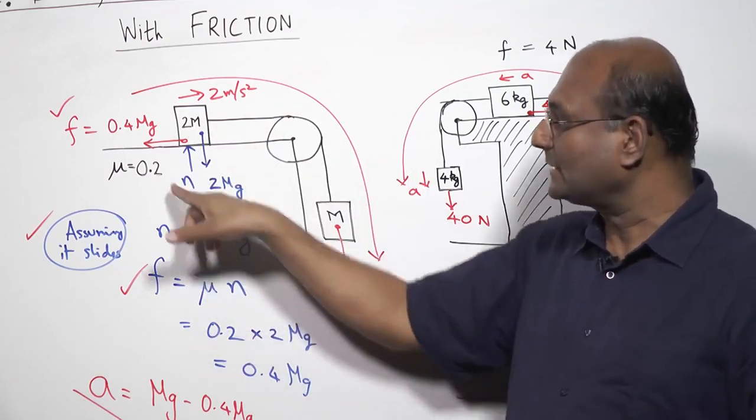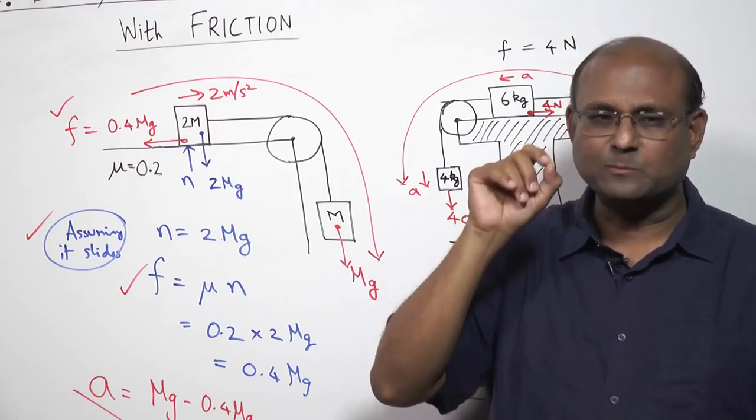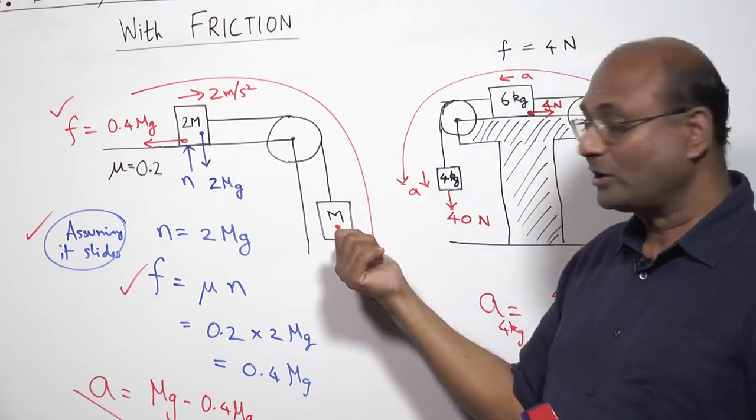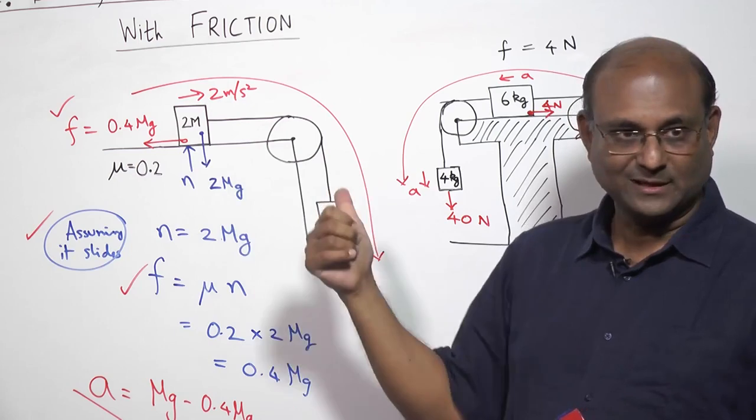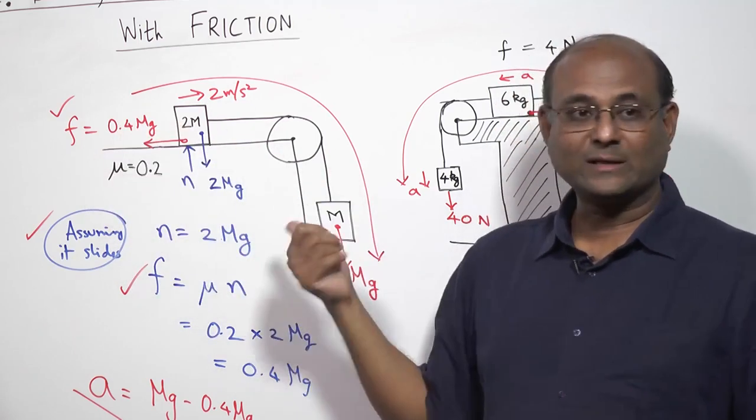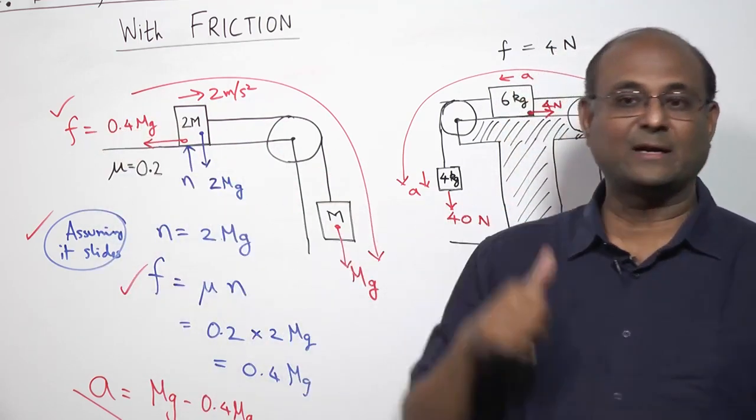But this is not just a frictionless surface, it has friction, but it has a reasonably small friction, 0.2. And this is not too small, it's only half the mass. So with friction 0.2, you can see that this is 0.4 mg, you can definitely move it.